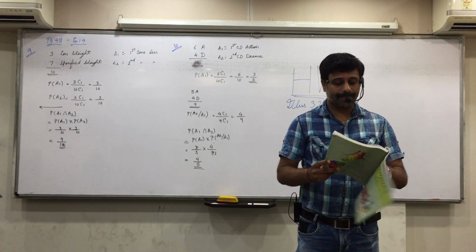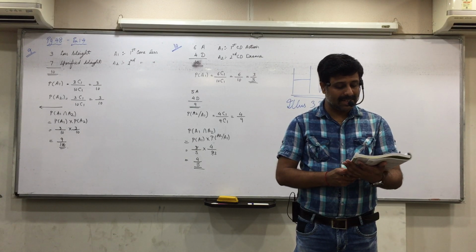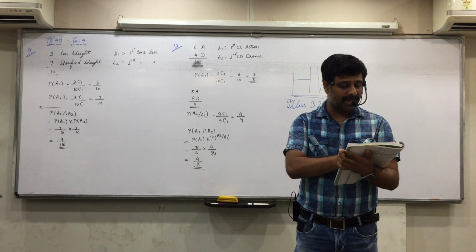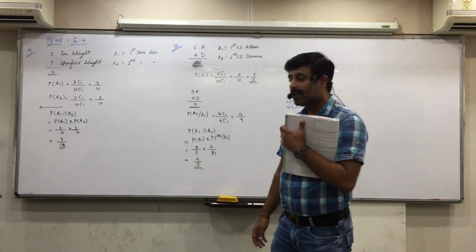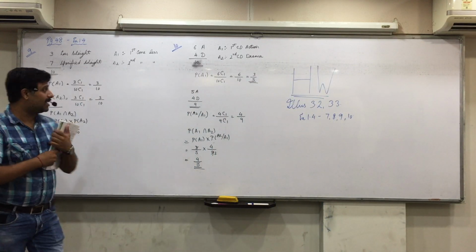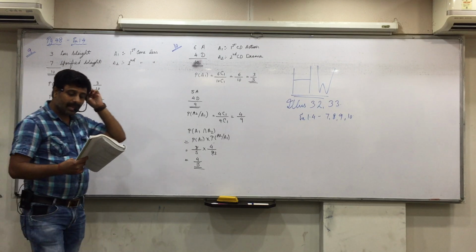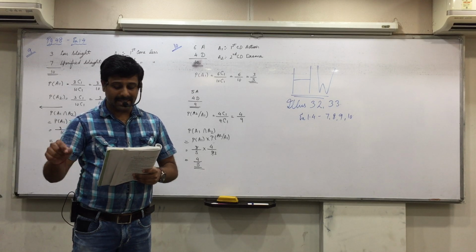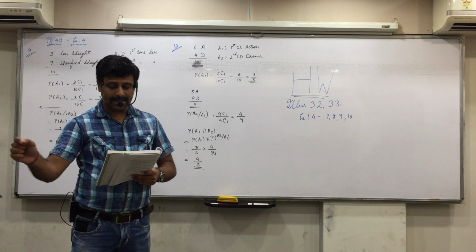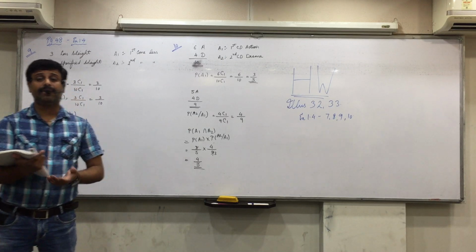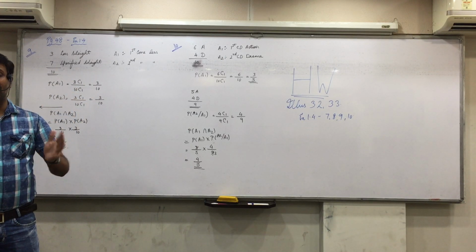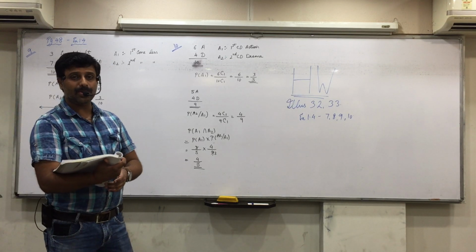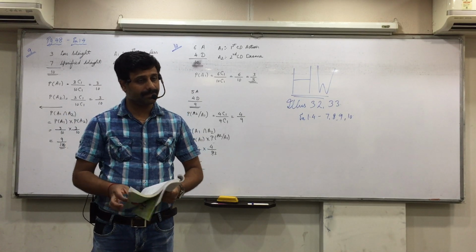Look at illustration 33. There are 3 boys and 2 girls in a friend circle. So 3 boys, 2 girls, total 5. 2 persons are randomly selected from the friend circle one by one with replacement. So independent events means for both the events the sample space will remain the same. Find the probability that first is boy, mark it as A1, intersection, and second is girl, that is A2. So first is boy 3 by 5 and second is girl 2 by 5. Answer is 3 by 5 into 2 by 5, 5 by 25, 1 by 5. No, 3 into 2 is 6, 6 by 25. Is everyone clear with this?